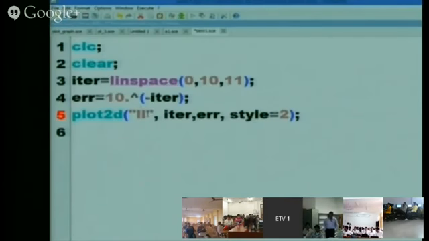If I am using LL, meaning log graph, then what will I be getting?